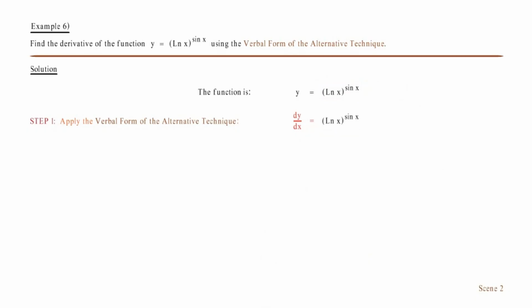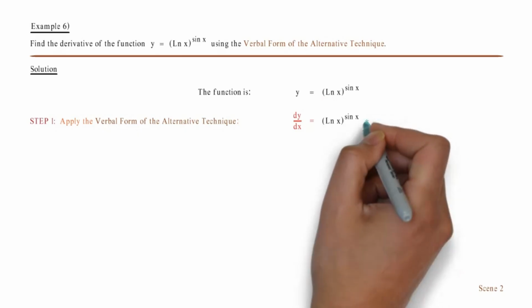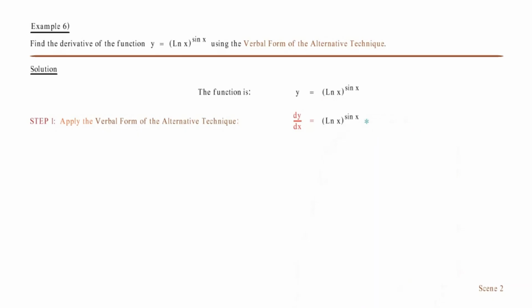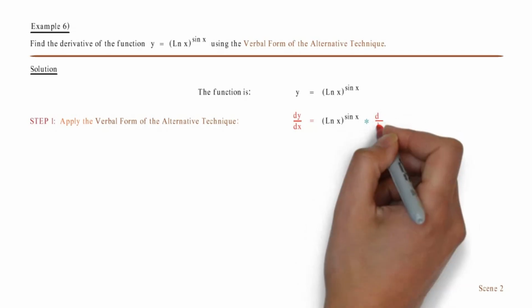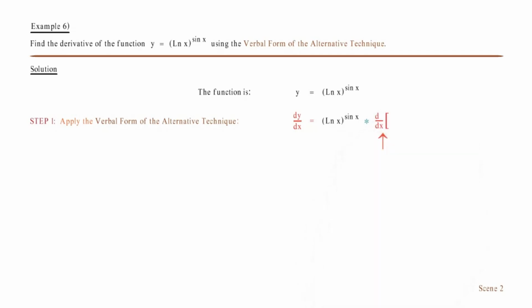Multiplied by is times. The derivative of is d by dx of. The ln of is ln of. The right-hand side of y, as before, is